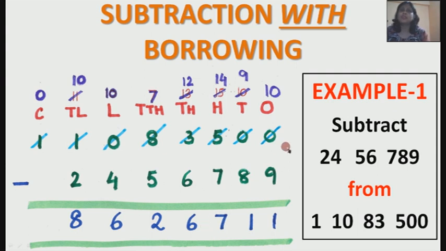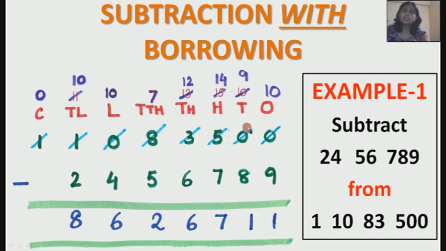Let's do the process once again. We can see in the ones place, remember we are starting on with the right hand side of the ones place. So we are finding that here is 0 ones and here is 9 ones. So 9 ones is bigger and 0 ones is smaller. We can't subtract. So we borrow a 10 from the tens place. 110. So now it becomes 10 ones. Now 10 ones is bigger than 9 ones. So the subtraction is possible now. 10 ones minus 9 ones gives us 1 ones.